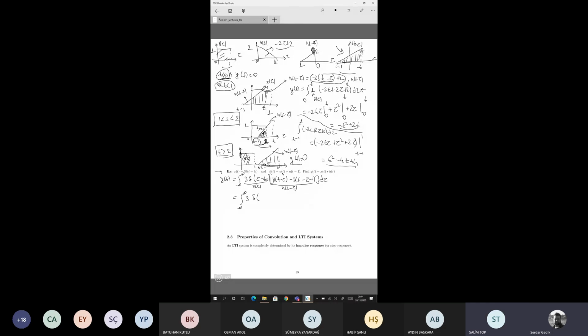Okay. So 3 impulse of tau minus t0, u of t minus tau d tau. This is the first term, minus the integral from minus infinity to plus infinity of 3 impulse of